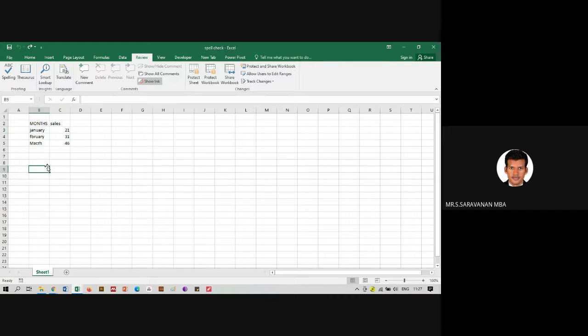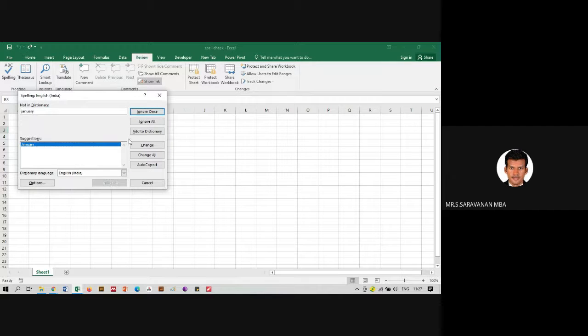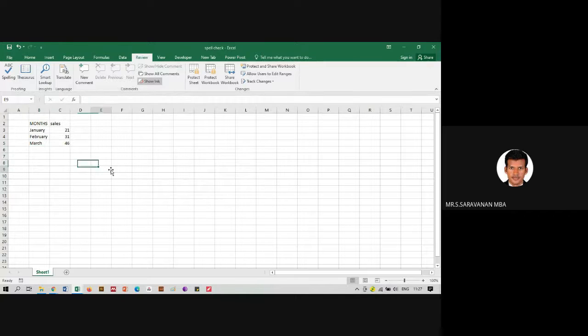A typing error in Word will show you an error, but in Excel it will not show you whether you have typed correctly or not, because Excel is made for calculation, not for typing. So how do we find out whether the words we have typed are correct or not? Go to Review, Spell. It will ask you to change, or you can go to change all. That's all. Automatically, it corrects your information.